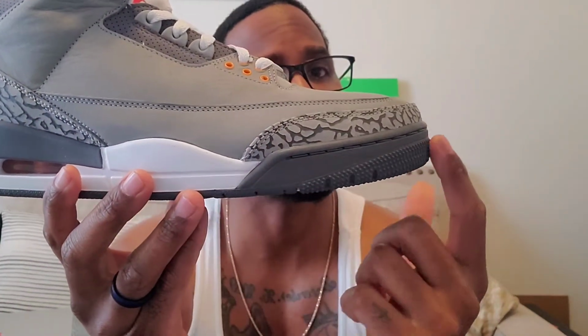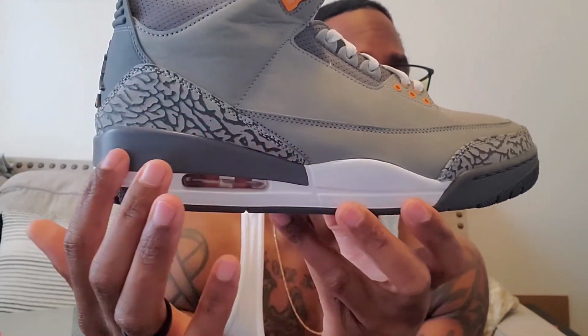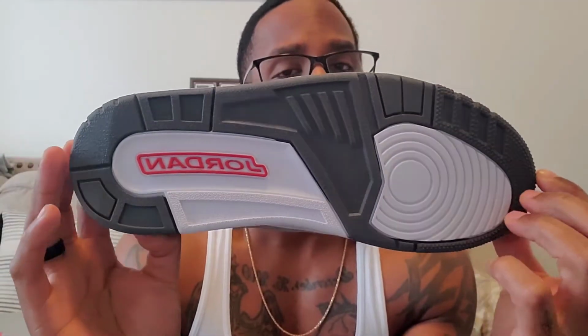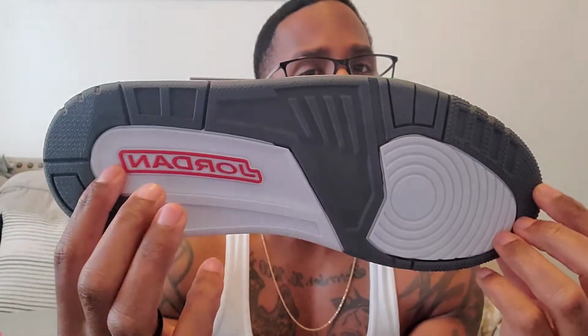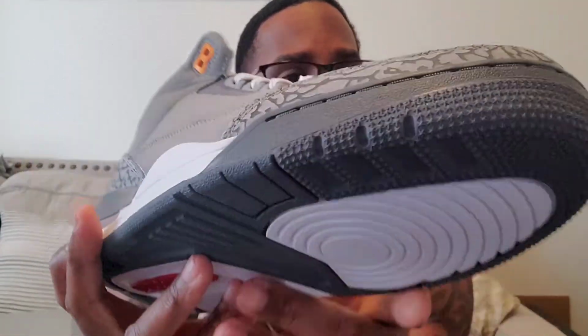Then we have the toe of the shoe, that light graphite color. Same thing here. And the sole is basically that same color. Typical 3 sole with the Jordan spelled out in red, and the sole is that graphite color. We got the star pattern on the toe, typical with the 4s,